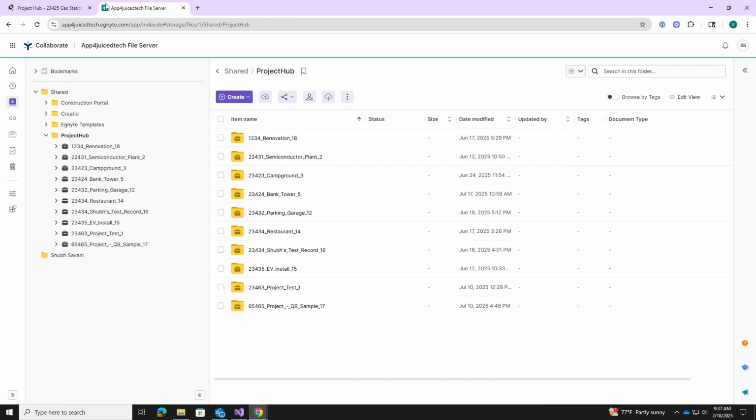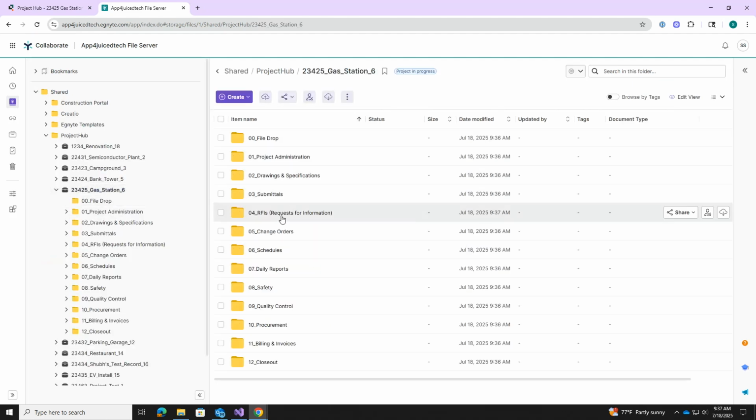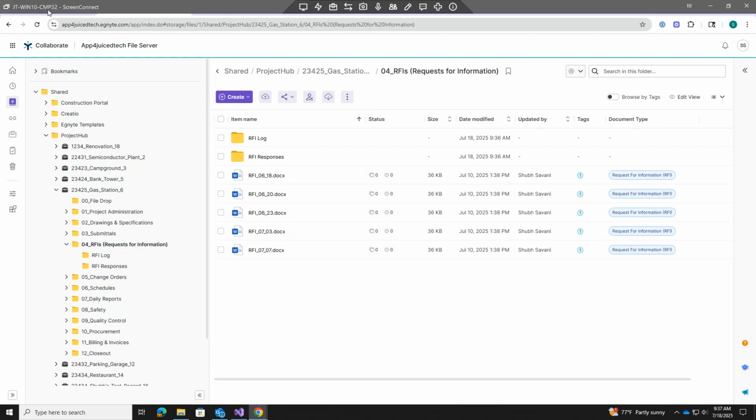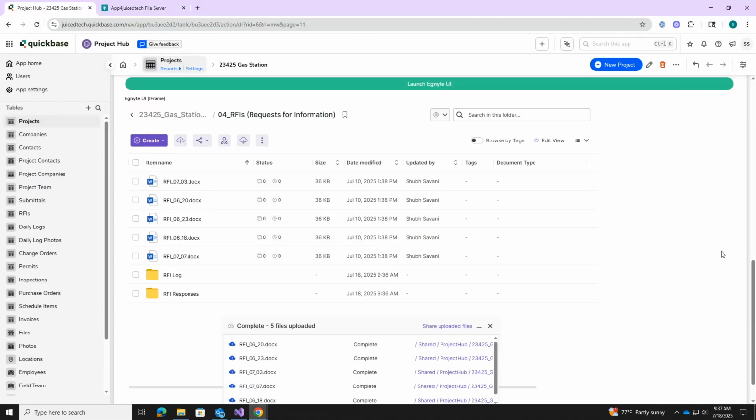And I can show you how quickly that happens. Right now I just moved over to my Egnyte tab. If I were to refresh my page here, and go into the gas station project that we had, go into the RFIs, as you can see, those documents are instantly uploaded into Egnyte. So you don't have to wait for it to sync really. It's immediate. And so if I go back to my Project Hub,